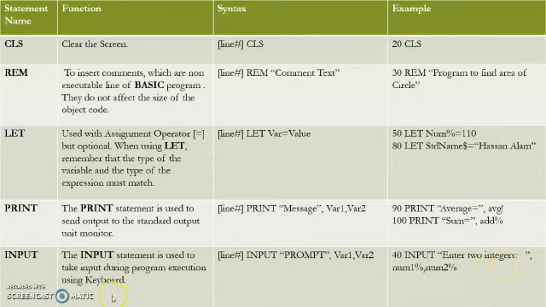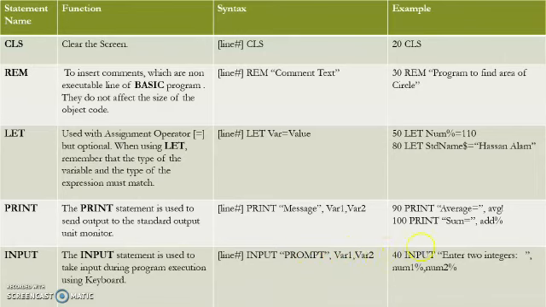Then comes the input statement, which is used to take input during the program execution using the keyboard. Here is the syntax, which starts with the line number, then INPUT as a reserved word, and the prompt or guideline message for the user to enter which type of value, which is given in double quotation, and then comes the comma. After the comma we have the variable list for which we are going to take input with this input statement.